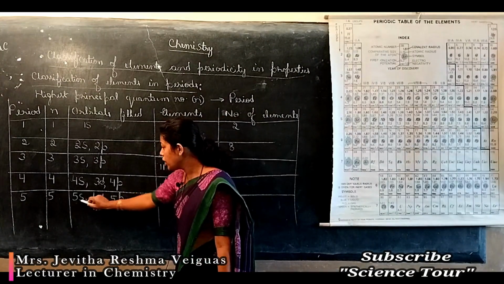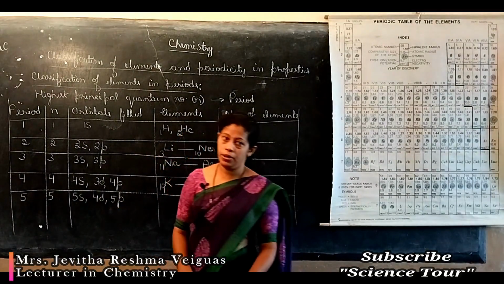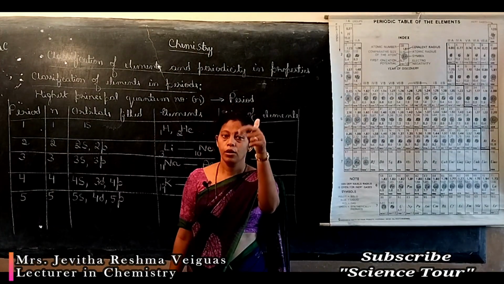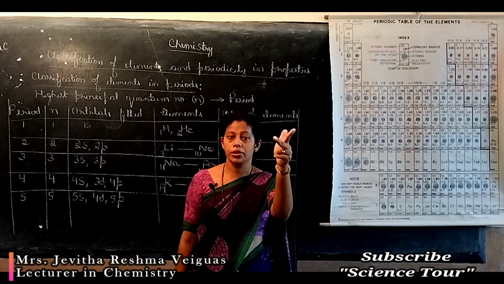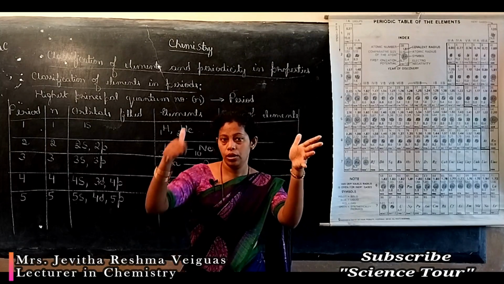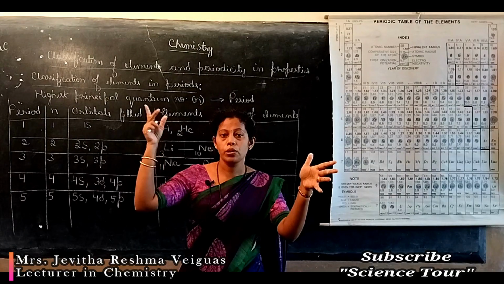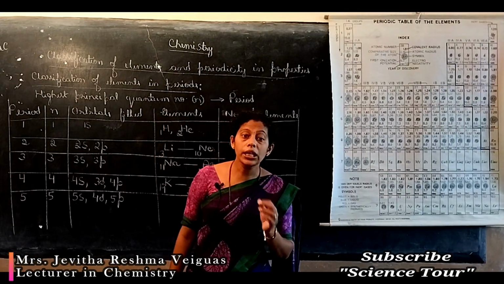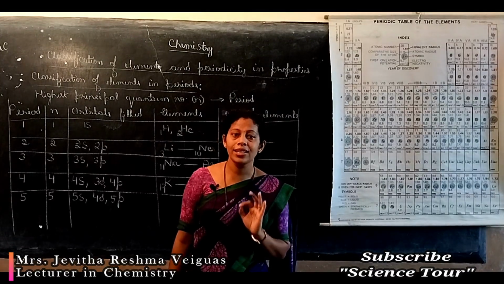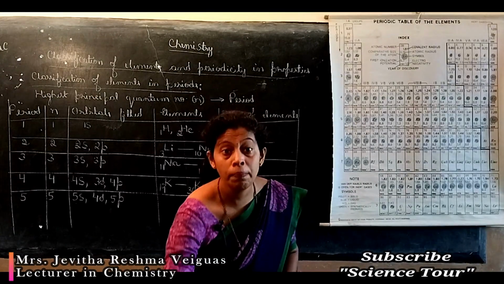Here again we can have 18 elements because totally we have 9 orbitals. Which are the 9 orbitals we have? 5s, 4dxy, 4dyz, 4dxz, 4dx square minus y square, 4dz square. Then comes 5px, 5py, 5pz. Totally 9 orbitals in which maximum 2 electrons each means totally 18 electrons are possible in period 5. So 18 elements are there in period 5.